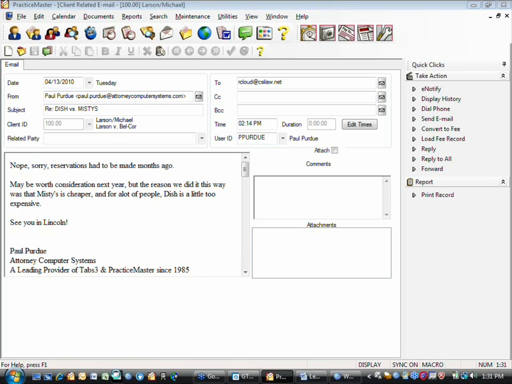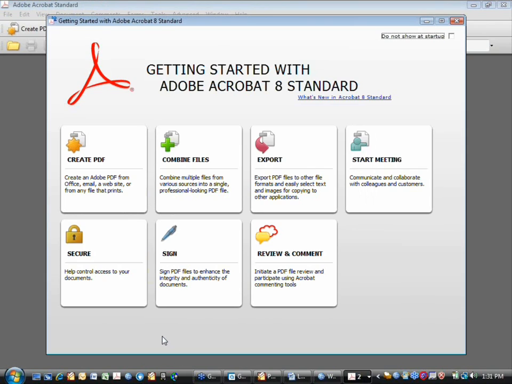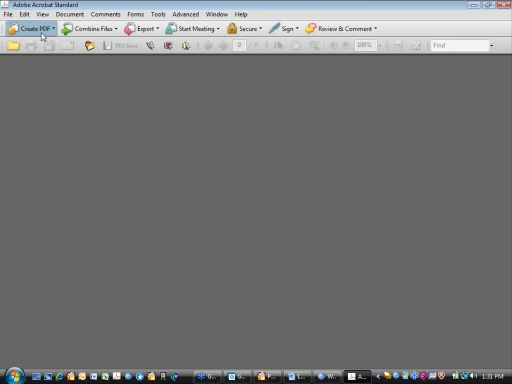In World Docs, when you're in Adobe, just like when you're in Word or WordPerfect or any other program, when you go to save that file, it will automatically pop up World Docs. So if you scan incoming documents, they end up in Adobe, or if they don't, you should set them up so that they do, and then they automatically can get tagged simply by saving them. So if I open up a PDF, well, I don't even need to open one. If I'm in Adobe and I go to save something, it will automatically pop up World Docs